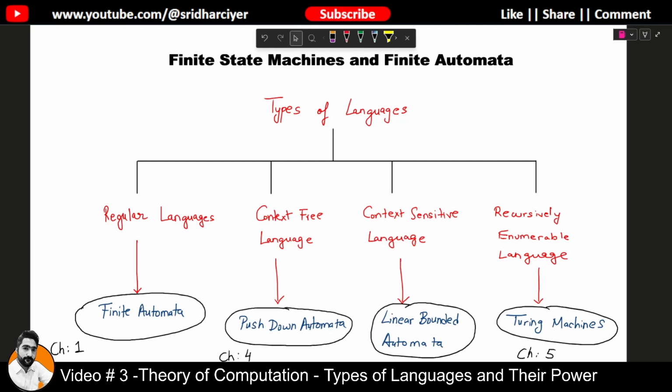Hello viewers, welcome back. So in the previous video, we have seen the basic concepts and definitions related to finite state machines, finite automata, or in short, theory of computation. Well, in this video, I'm going to discuss what are the various languages you are going to learn in